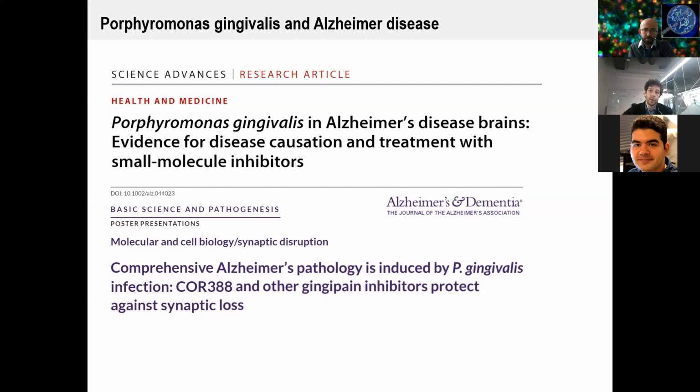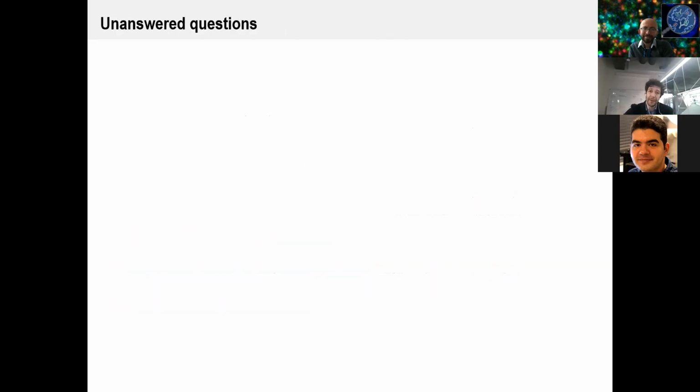So they used their gingipain inhibitor named COR388 to specifically block gingipains and to see if it improved symptoms of Alzheimer's disease. Their initial clinical data is positive, and they expect to announce the readout from phase 2, I think phase 2-3, already mid-November this year. So, well, good luck to them. We'll see what it will turn out.